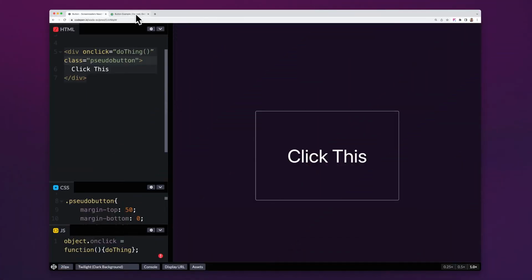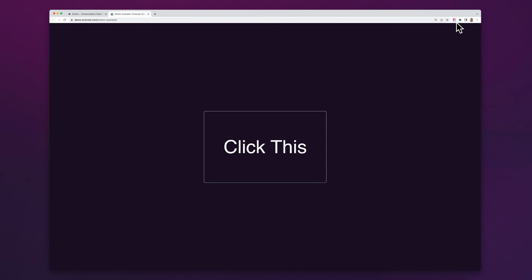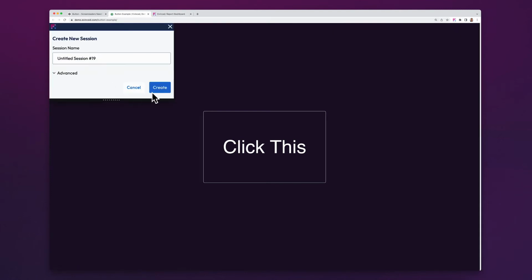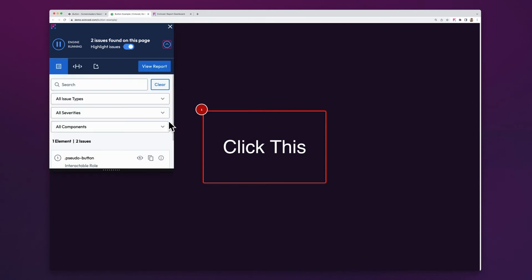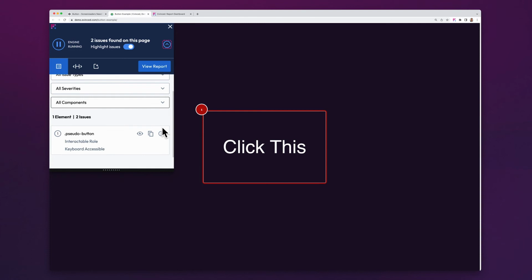Fortunately, Evince does. Evince uses a proprietary kind of computer vision to analyze the UI of a given web page and understand all the context on it. We can automatically recognize a button regardless of what HTML you use to produce it. And since we know it's supposed to be a button, we can tell that it's not going to work for keyboard users or screen reader users. For example, at the very least, there's an ARIA label missing here. But the percentage play is to use a button tag instead of a div.